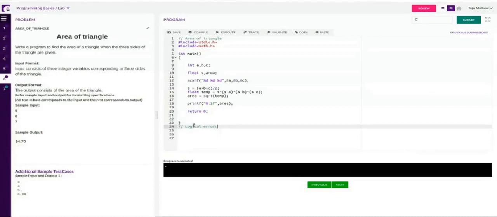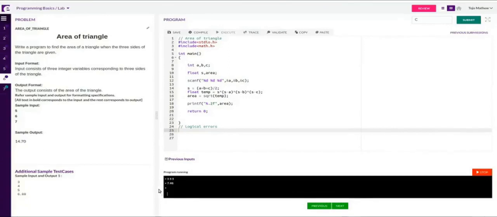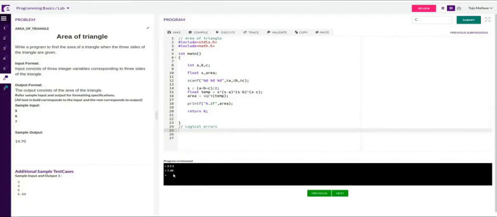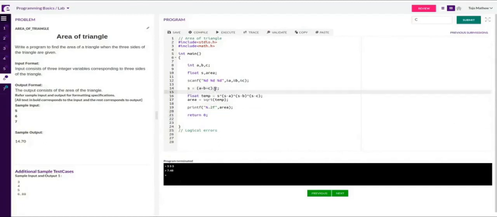Okay. So should we typecast a plus b plus c by 2 into float? Yeah. That is what. So if I execute manually and give the same input which was failing for me, all fives, I'm getting the same answer, 7.48. But what is expected is 10 point something. That we saw, right? Now the problem here, I'll explain to you. This statement is the villain. These three variables are integers, right? A, B, C are integers.